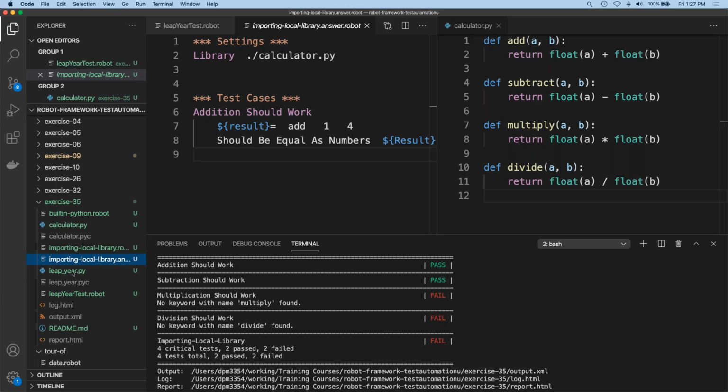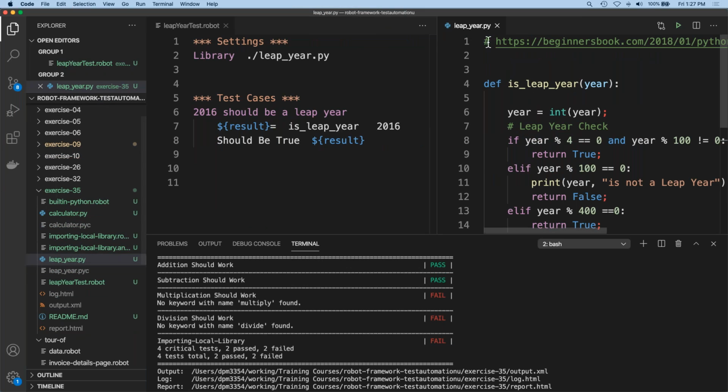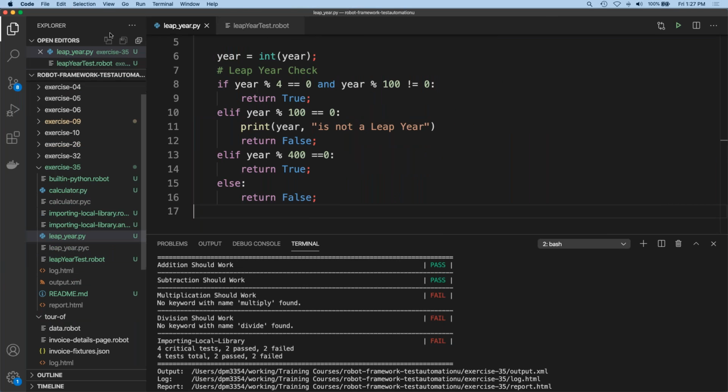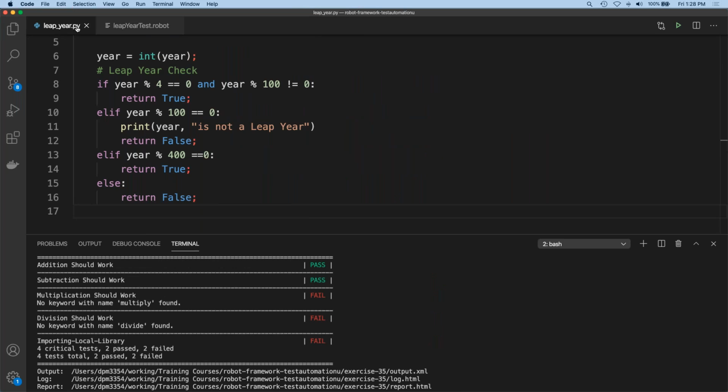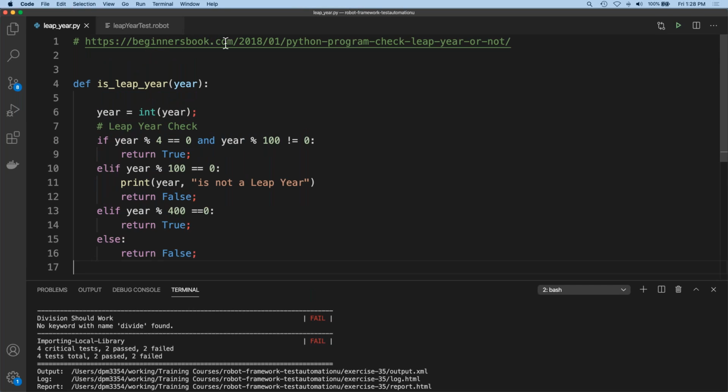And so I had to go out and find the code for this so that we could all talk about it together. So here is the code that I found out there. I'm going to make this a little easier to view here. This is the code in Python where someone had figured this out, and I wanted to give them credit. It's from beginnersbook.com, Python programming check leap year or not. So basically, if the year is divisible by 4,